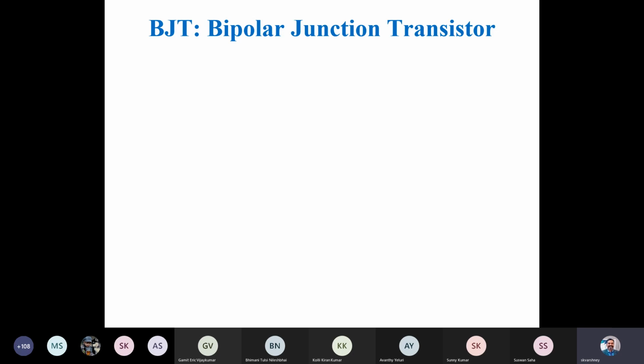Anyway, BJT, as I mentioned earlier, we used to have vacuum tubes before 1940, and then in 1940 people started looking in Bell Labs for an alternative to the vacuum tube. The vacuum tube had the triode, which gave the amplifying action. As the alternative they arrived at the transistor, which really revolutionized all of electronics. Later this device became integrated.